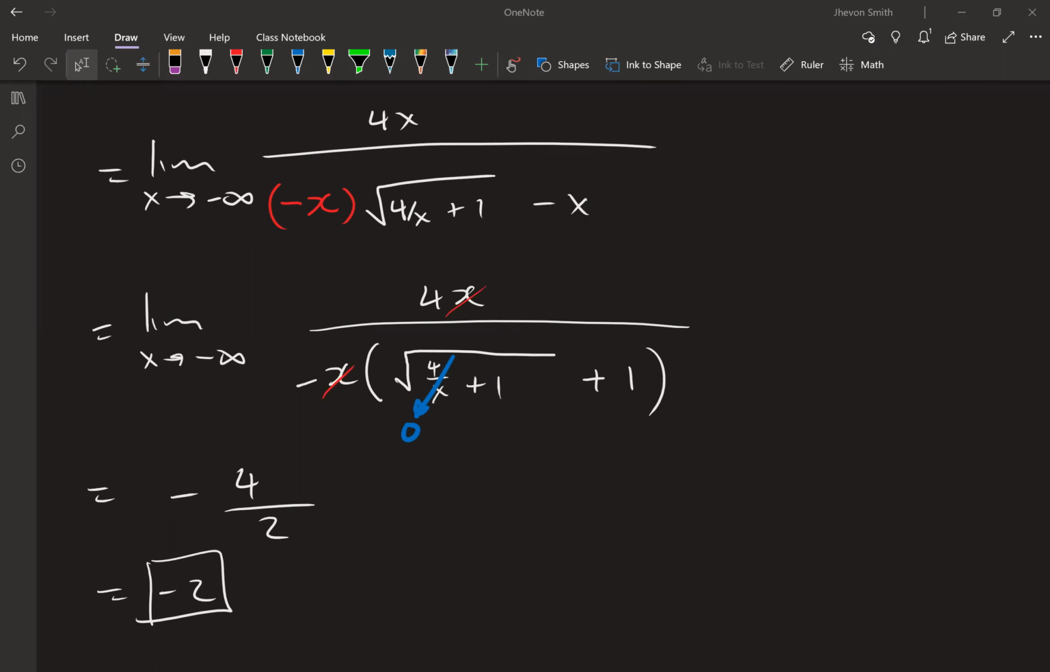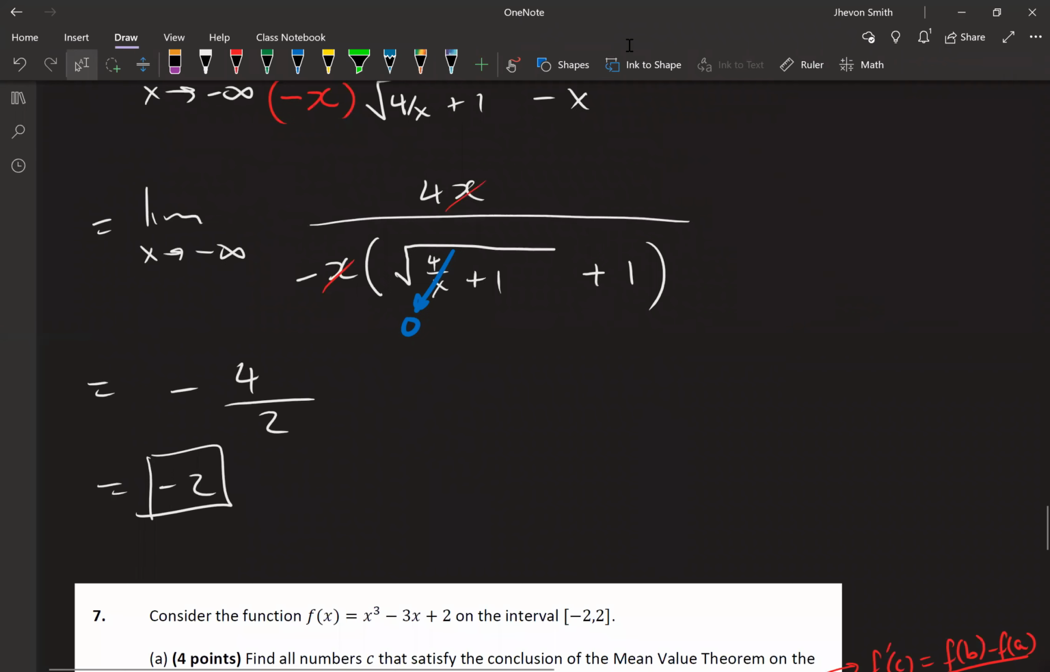Did you do 2b yet? It's the integral. Hold on, I'm checking something here. Okay. I don't think I did 2b, but I